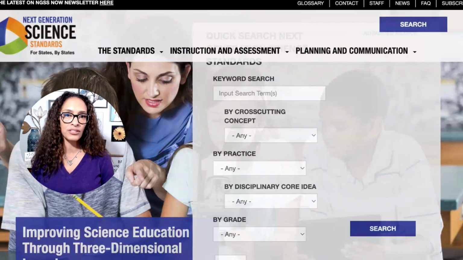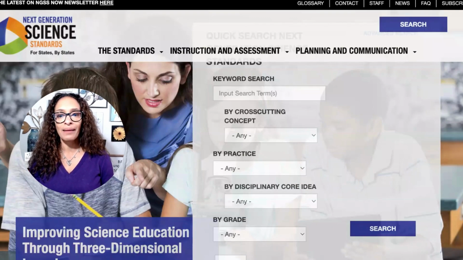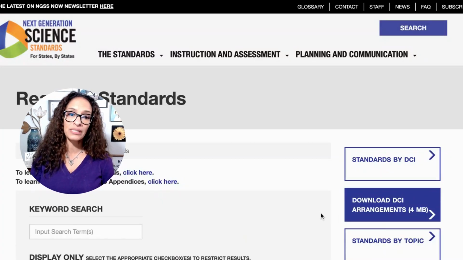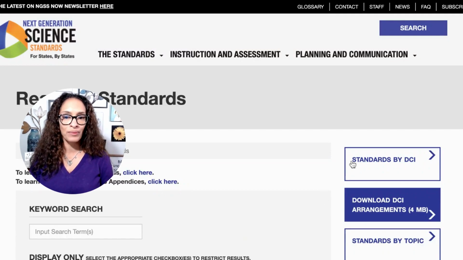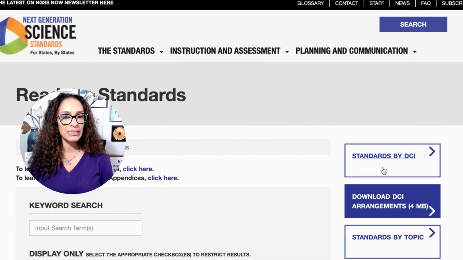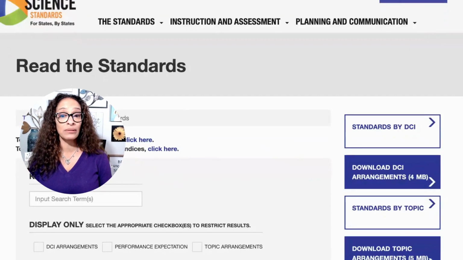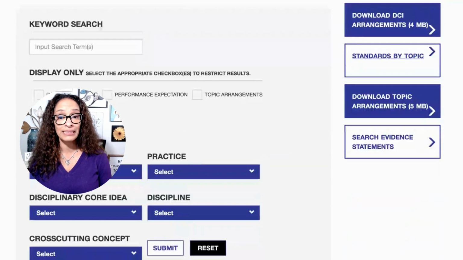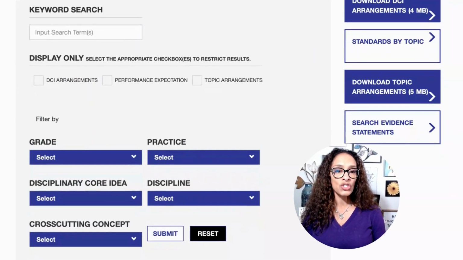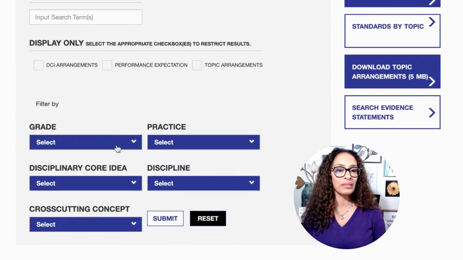This is the main page of the Next Generation Science Standards. I'm going to select search because I actually like to bypass this page, because I believe this next page is a little bit easier to navigate. Now on the right side, you will see the standards by disciplinary core idea. You can download all of the standards. You can download them or look at them by topic and download them. And then you can review the standards by evidence statements. So let's start with, and I'm going to start with